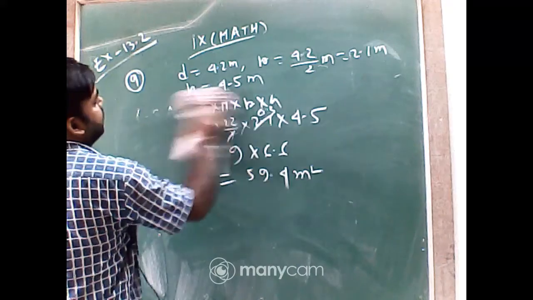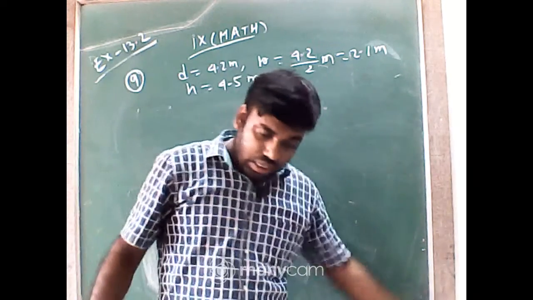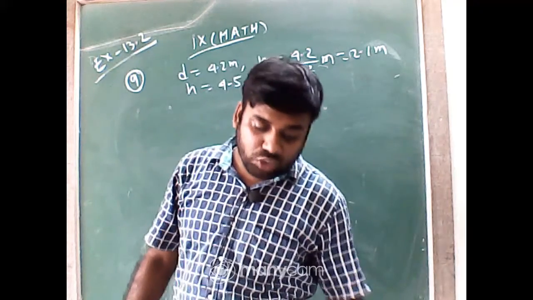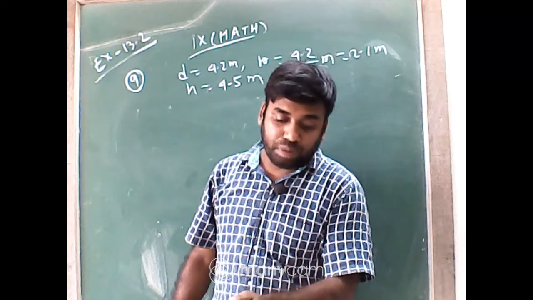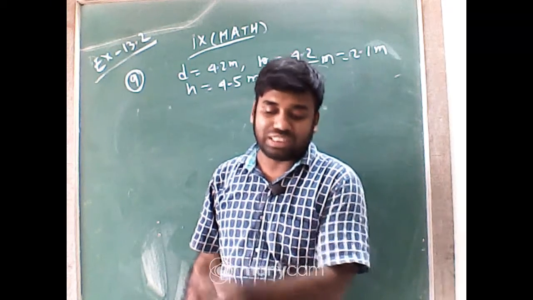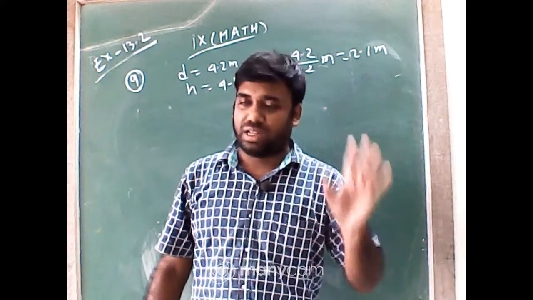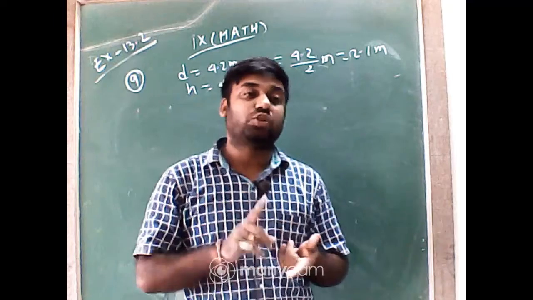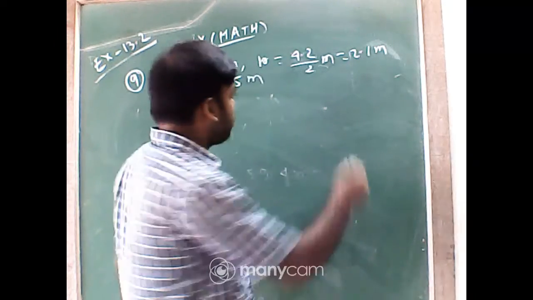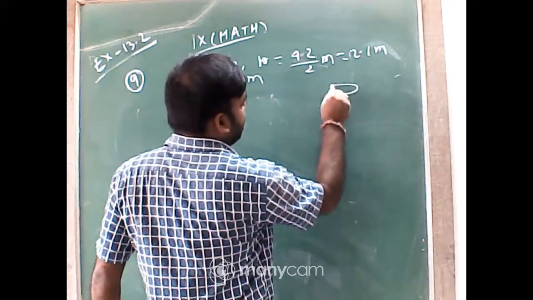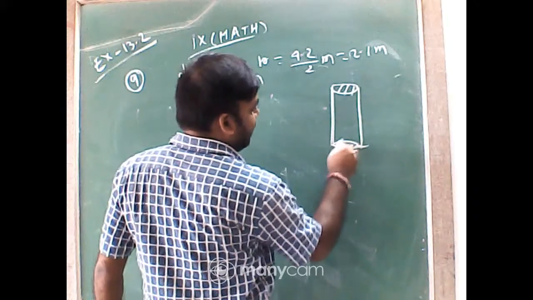Next part, first go through that part, that is how much steel is actually required. Okay, if 1 by 12 part of the steel is wasted in the making. Forget about the last sentence, how much steel is required. First of all students, it is given a petrol storage. It must be a closed cylinder, and closed cylinder means it is made by steel.